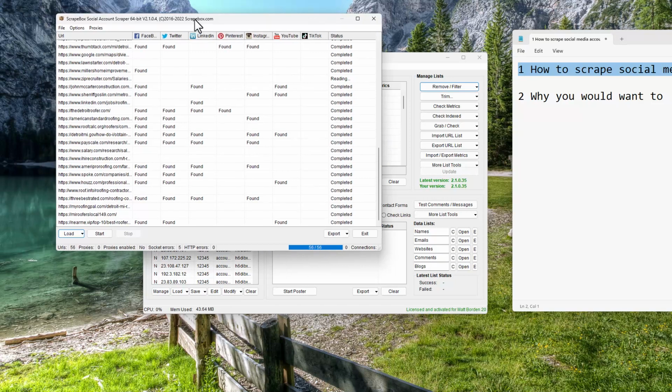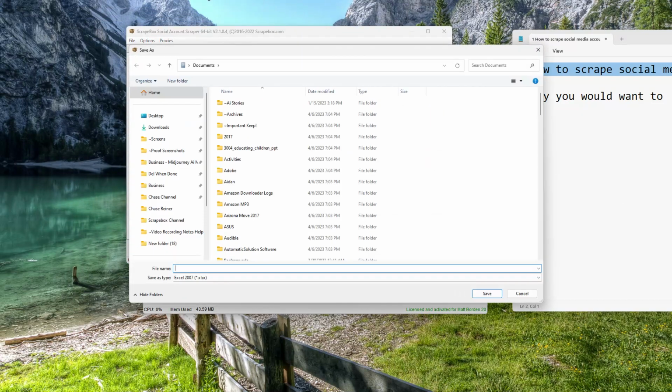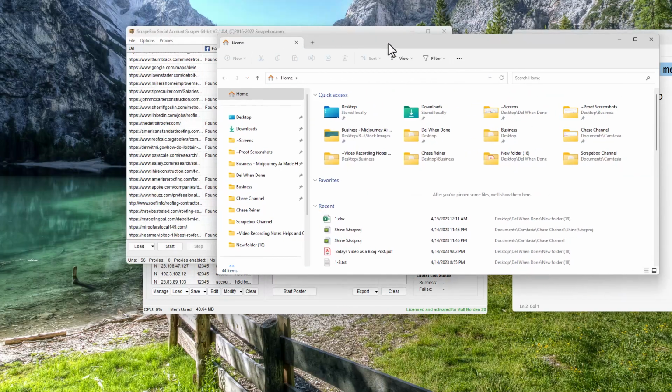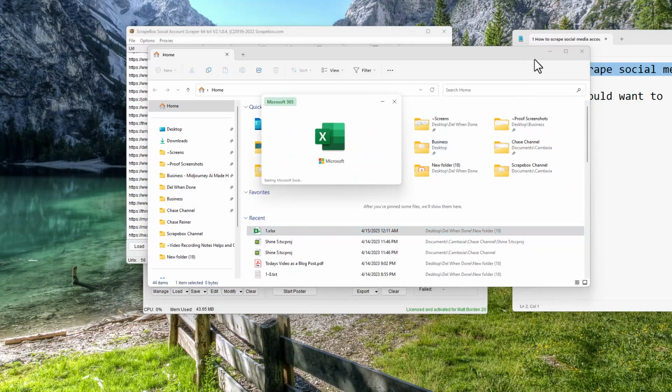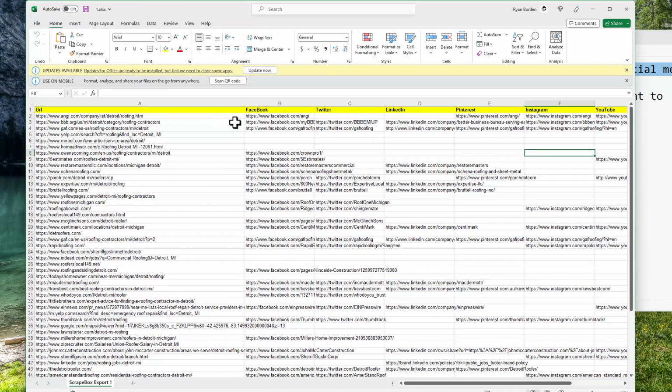It's really easy. Now, when we're done, we can, of course, go to export. Everything's going to come out as an Excel sheet. So let me just show you that. I'm just going to save it here as 1, and then we're going to open it back up here, and let me bring this over here so we can see it, and open it up, and this is what it looks like. So you have your column headers, really great, and then you actually have the actual